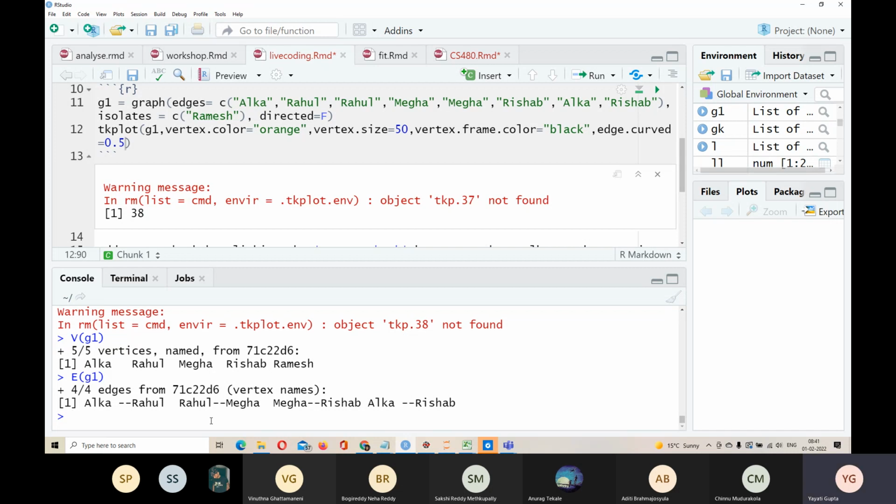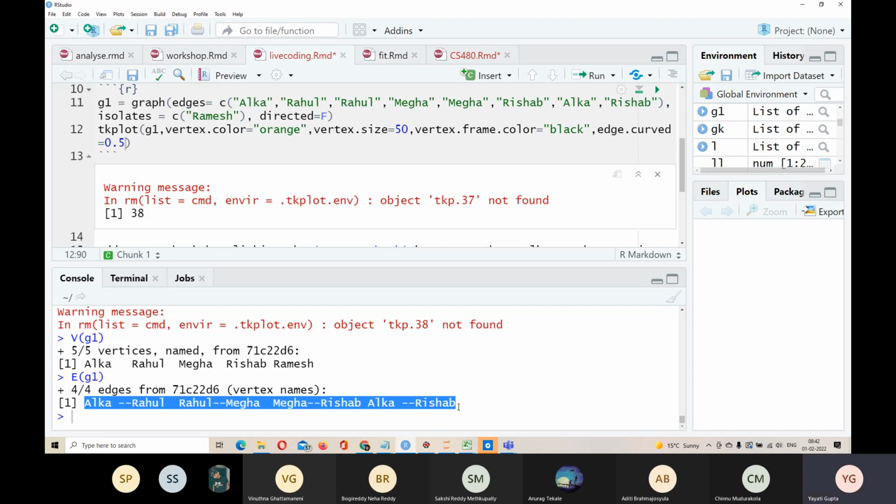Now, can you tell me which kind of graph representation is this? Can anyone tell me what are the different ways to represent a graph in computer memory? Come on, people, you should know this.